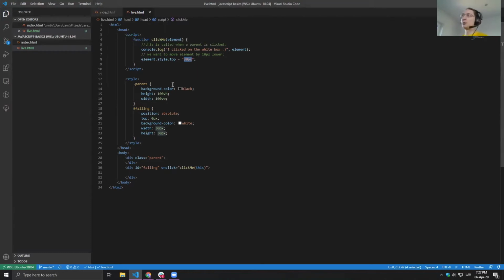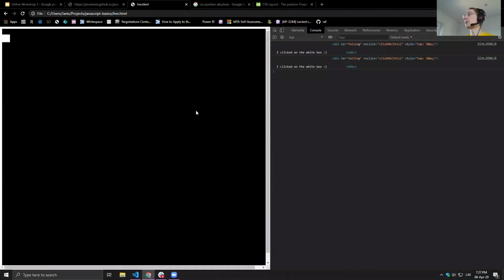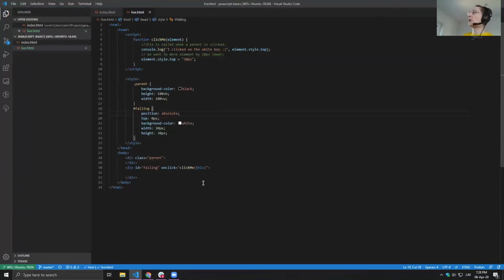Then our next step would be to move it gradually, increasing the amount of this value. So we need to take this value, element.style.top, and add 30 pixels to it. The problem is I don't know actually how this is written in there. So what I'm going to do is I'll just print it. I want to see what's written in this top. So let's refresh and check. When I click, there's nothing there. When I click again, there's 30 pixels. Now, why would that happen? We have the 30 pixels here, right? Or, well, 0 at the start. And now the 30 appears only after